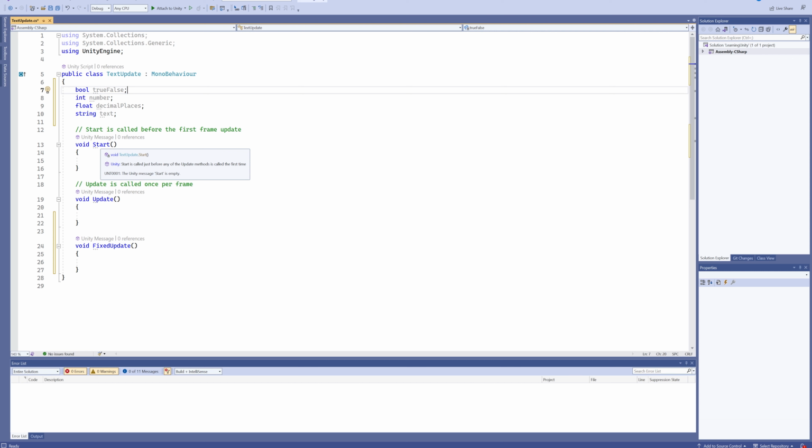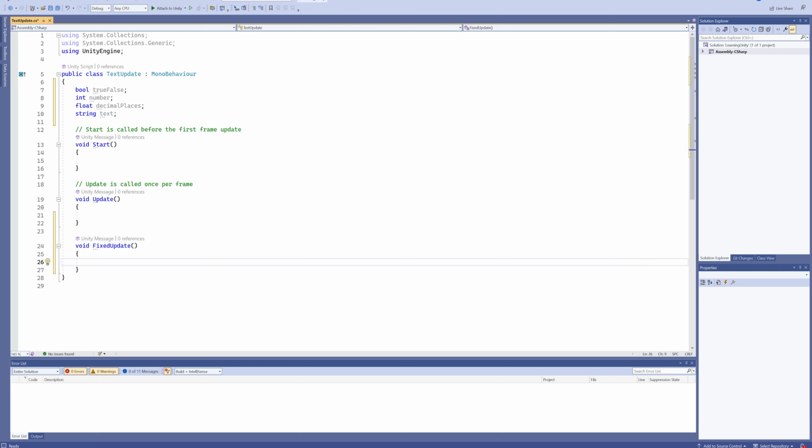The start function runs once when an object is created. The update function runs every single frame of your game. So that can be a really variable amount of time. Could be 1,000 times in a second, could be 10 times in a second if you have a poor frame rate. The fixed update function is frame rate independent. This will just always run 100 times a second, no matter what happens. Now that we know that, let's start